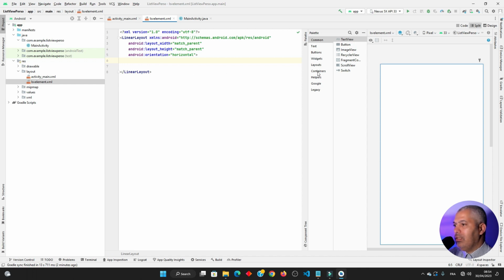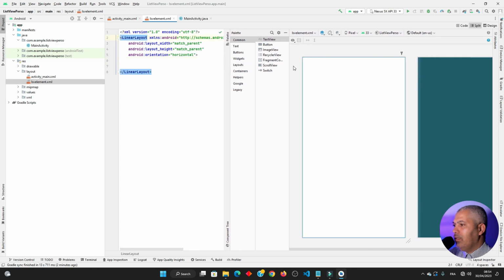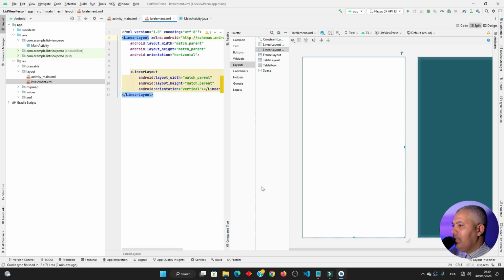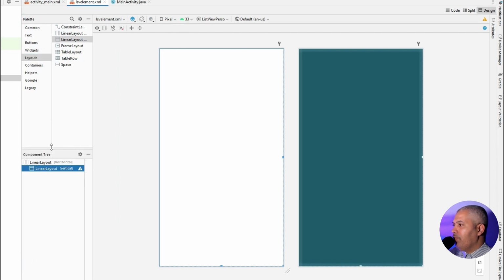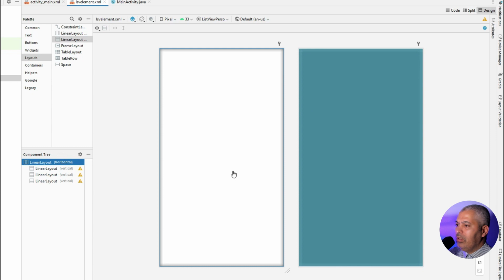Then inside this parent, we'll add 3 vertical linear layouts. So this is the first one. Inside the component tree, it will be much easier. So we add here 3 vertical linear layouts,